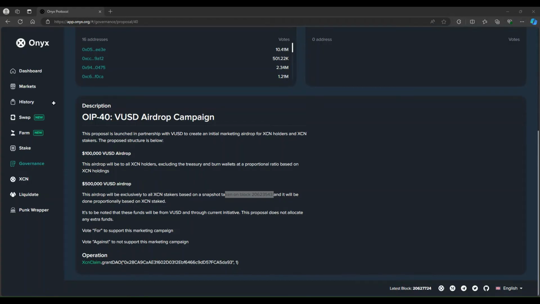And what was the total? It was like 28 billion, I think, in total supply right now. So if you have 1,000,000 out of the 29 billion, let's see here. That ain't right.